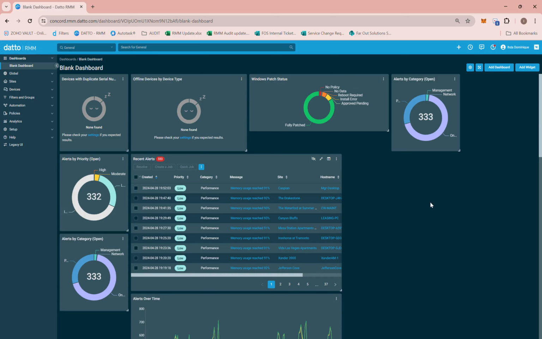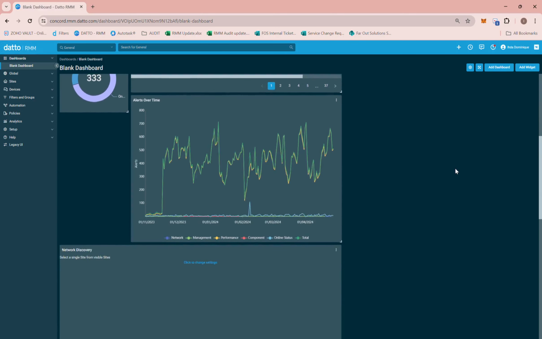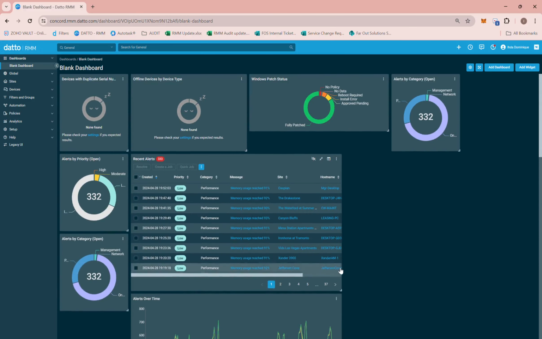Now what you are seeing on the screen is the data visualization in Datto RMM. These are essential tools for understanding complex data quickly. Datto RMM offers various visualization options to help you make sense of your IT environment. You can see graphs and charts, heat maps, and drill-down reports, all in your customizable dashboard. By leveraging these analytics tools and dashboard widgets, you can proactively manage your IT environment, reduce downtime, and enhance the overall security and efficiency of your system.